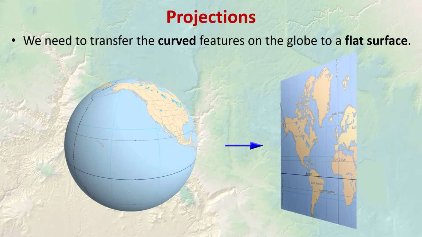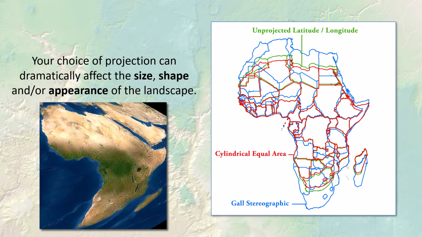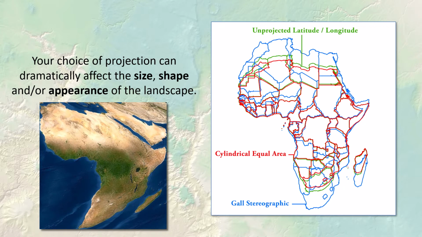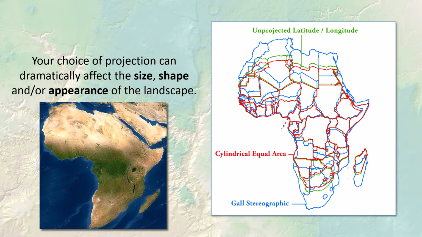So what is a projection? In GIS, to project data means to take it from the curved surface of the planet and make it flat. Remember, all data that exists on the planet Earth basically sits on a curved surface. And when we want to put it onto a flat surface like a paper map or a computer monitor, we have to figure out a way to take that curved data and make it flat. Now, there are an infinite number of ways that you can do this, and some of them work better for some purposes than others. The choice of projection can dramatically affect the size, the shape, and the appearance of the